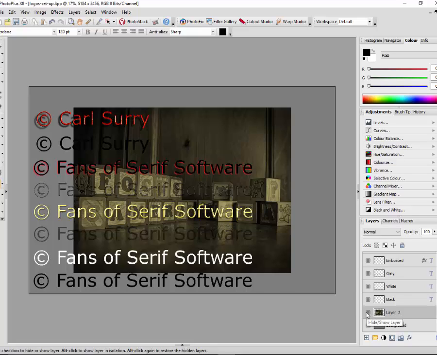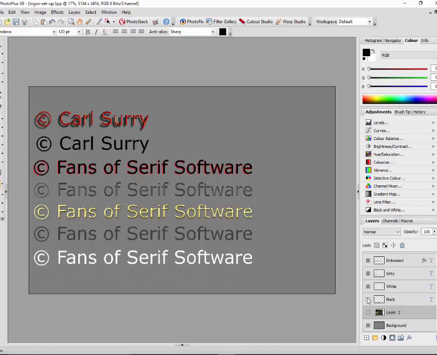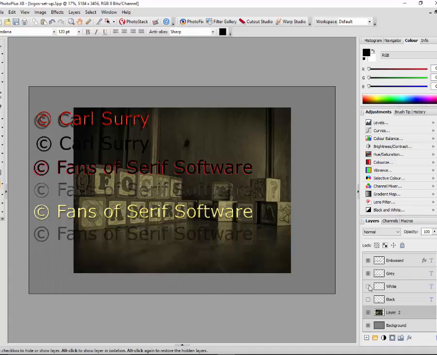And what I'll do is I will turn them all off, not the image, all these layers off,